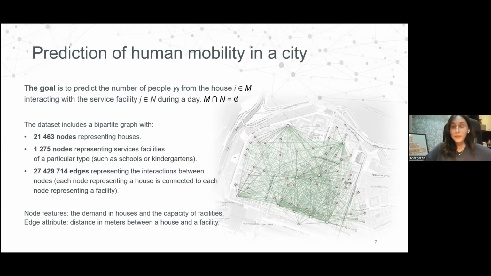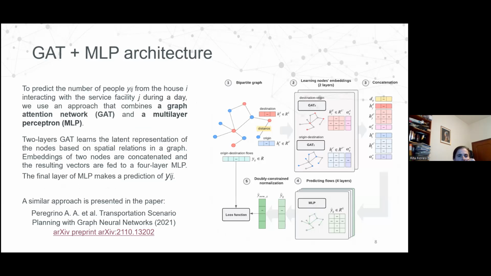So in the entire fully connected graph, we have more than 20,000 nodes and more than 20 million edges Yij, for which we need to predict the number of people living in building I and using facility J. I hope that the task formulation is clear, what we need to do. So to do this, we use an approach that combines a graph attention network and a